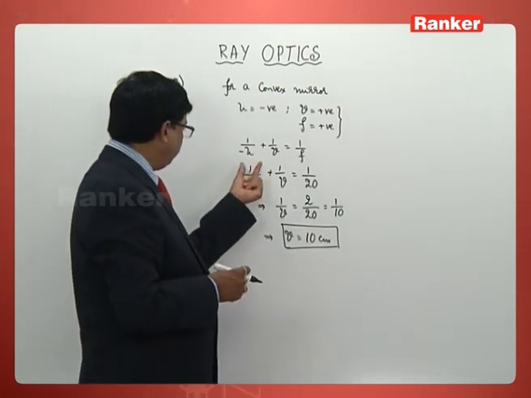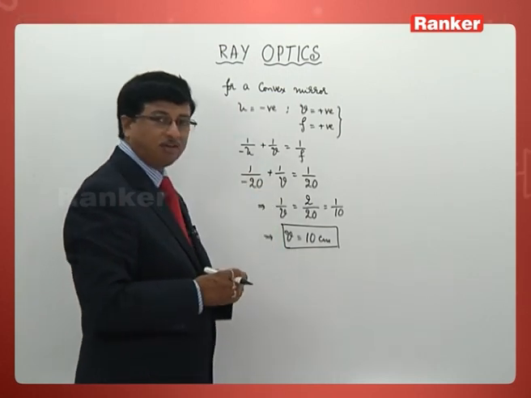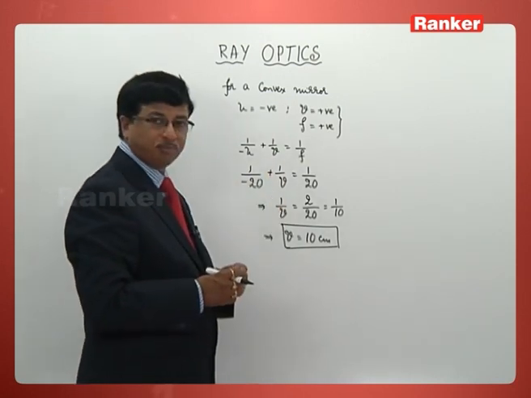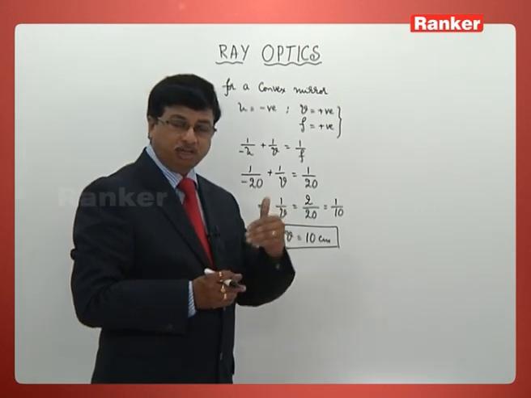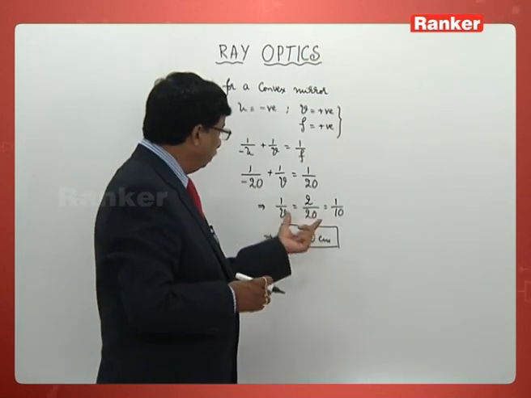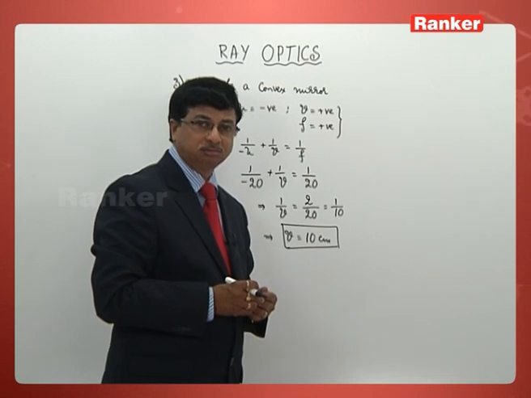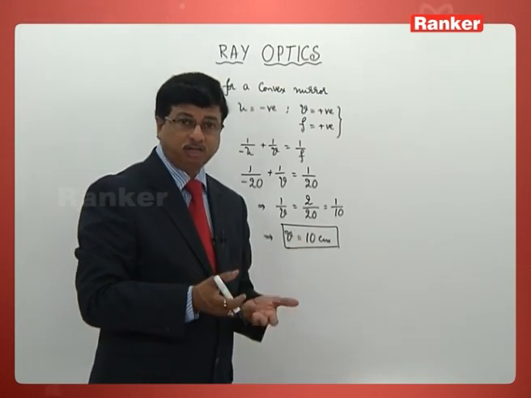If I write this one, 1 by 20 with positive sign, 1 by 20 gets cancelled on both sides. Then 1 by v will be 0. Then v will be 1 by 0. Anything by 0 will automatically be infinity. Therefore, there is a possibility for us to get v at infinite distance. So the distance to the image is going to be infinity, like we may write